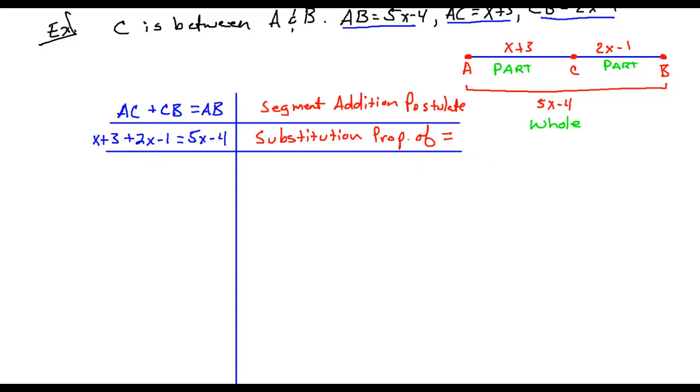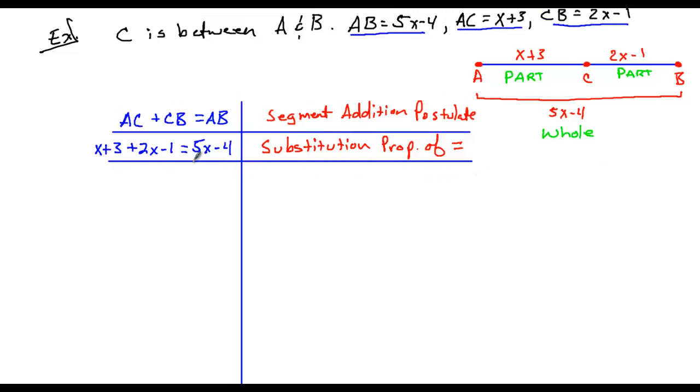So I'm going to keep going. I'm going to keep solving this problem now. What's the next thing I want to do? I'm going to look here. I can see an x and a 2x, and I can see plus 3 and a minus 1. Well, I want to stick those together, right? Because I'm really good at algebra. And the reason I want to stick those together, though,